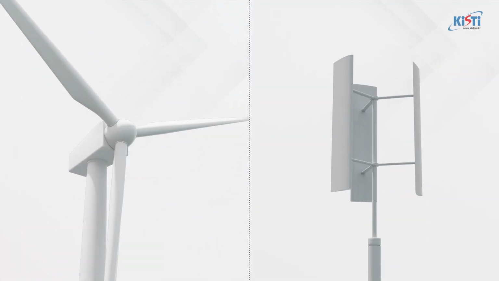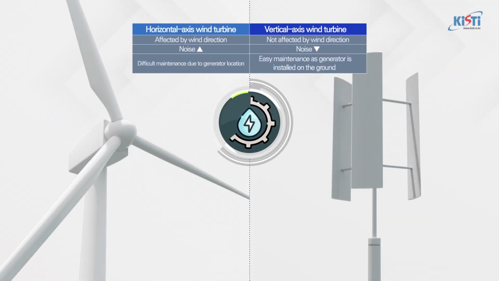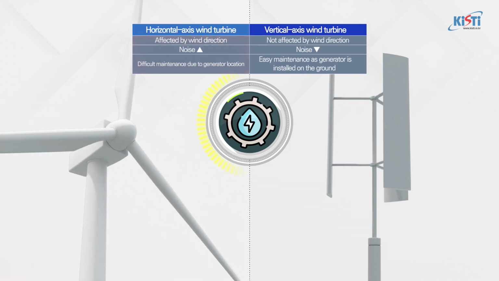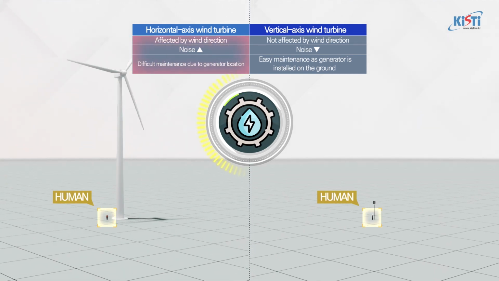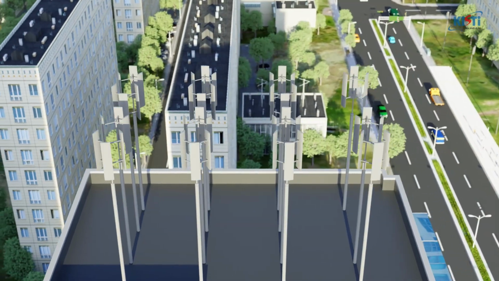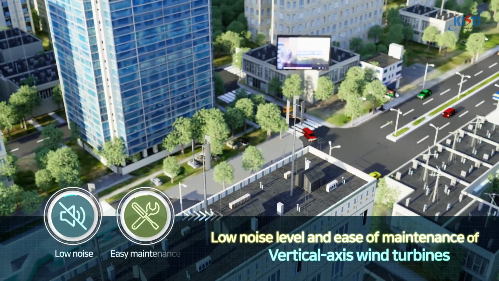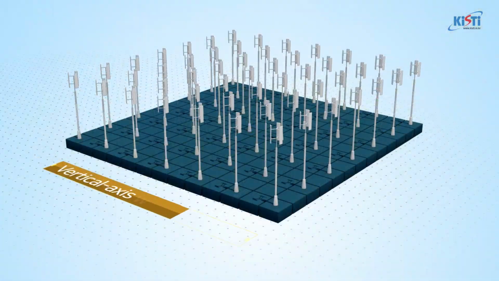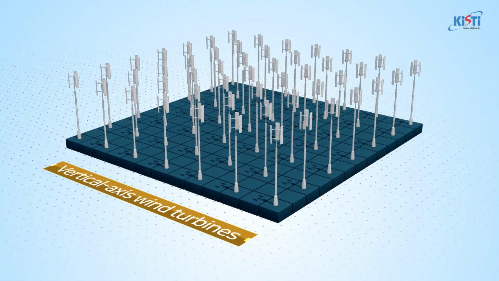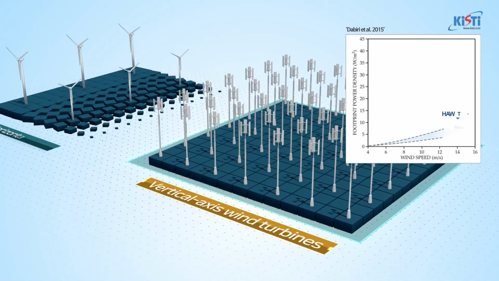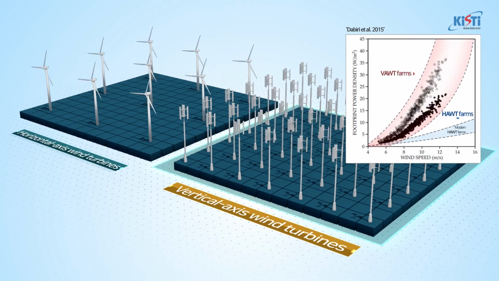Horizontal axis wind turbines, commonly used for power generation today, are more efficient than vertical axis wind turbines, but have their own set of drawbacks. Vertical axis wind turbines are becoming more popular due to their low noise levels and ease of maintenance. Recent studies suggest that they can generate more power per unit area, which makes them a great choice for efficient